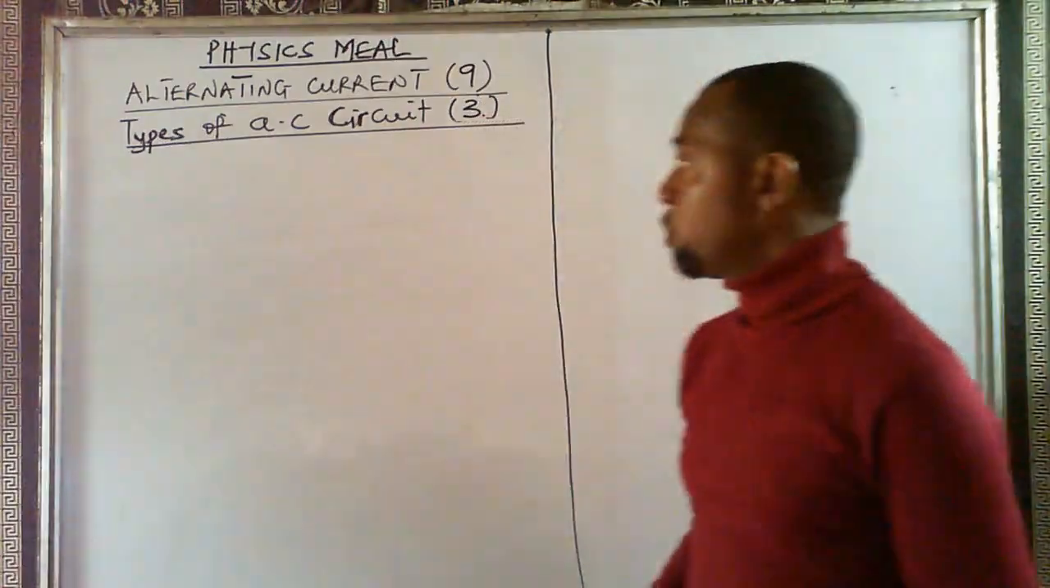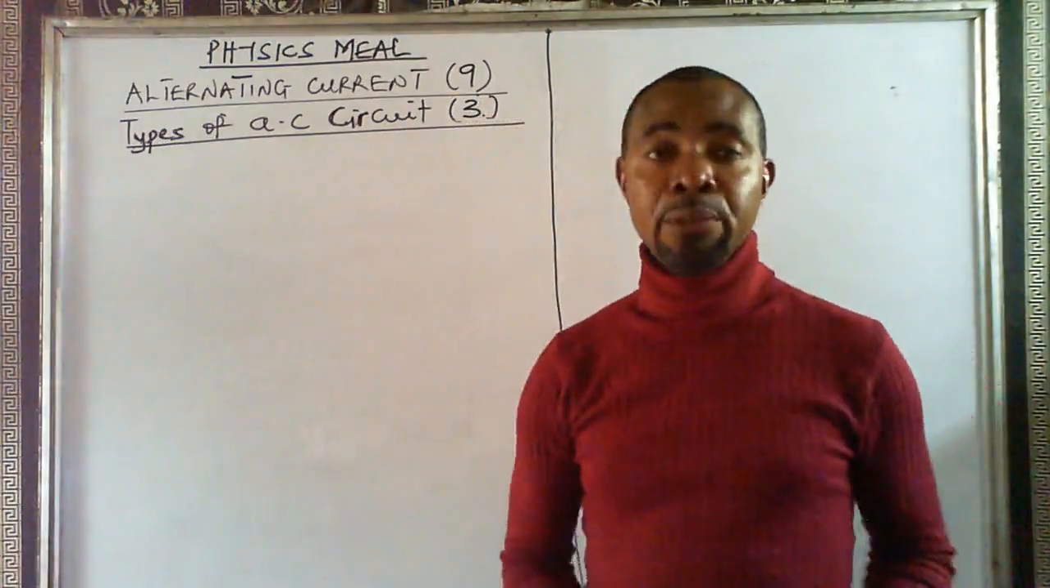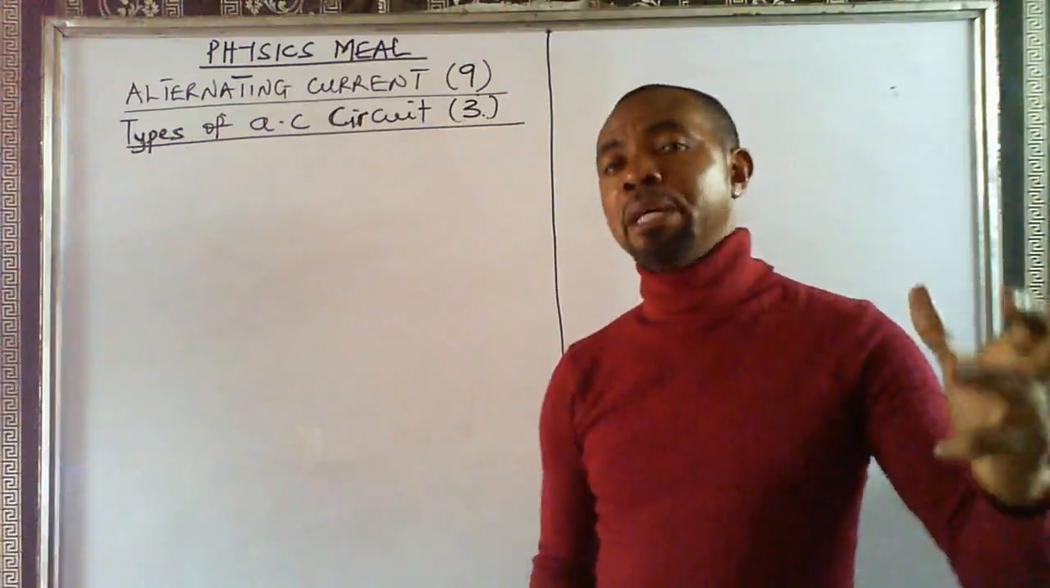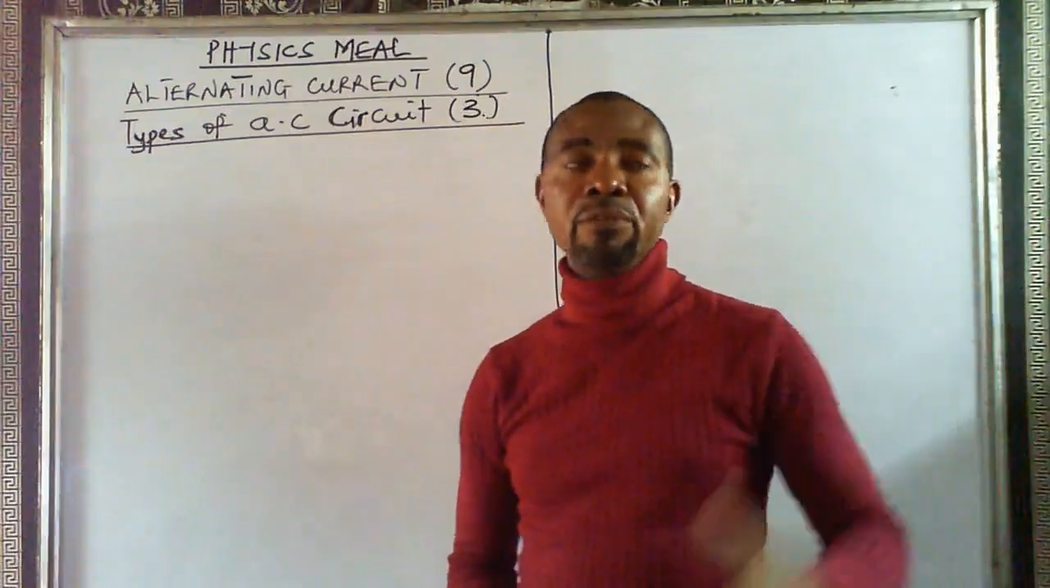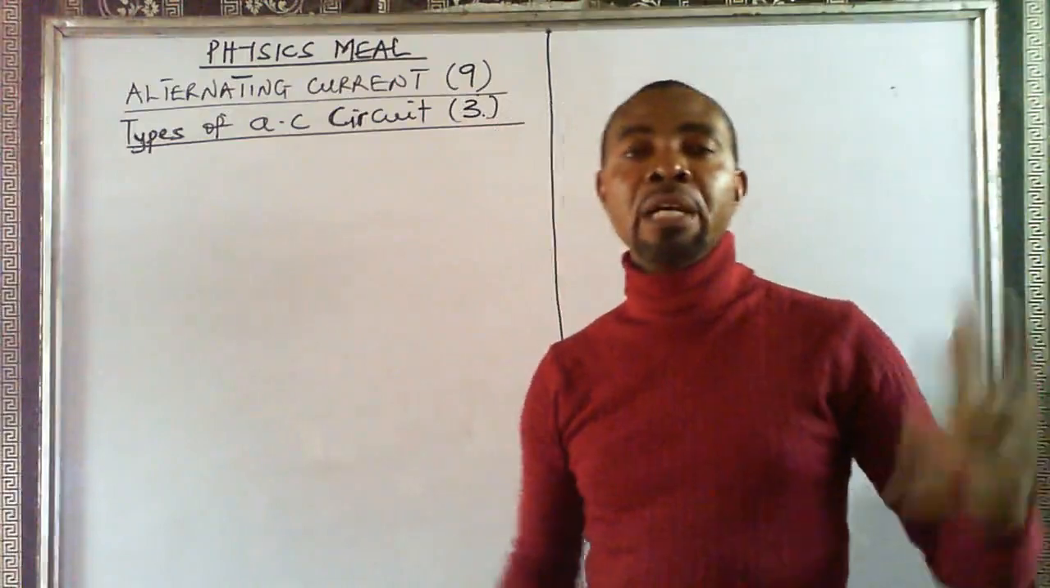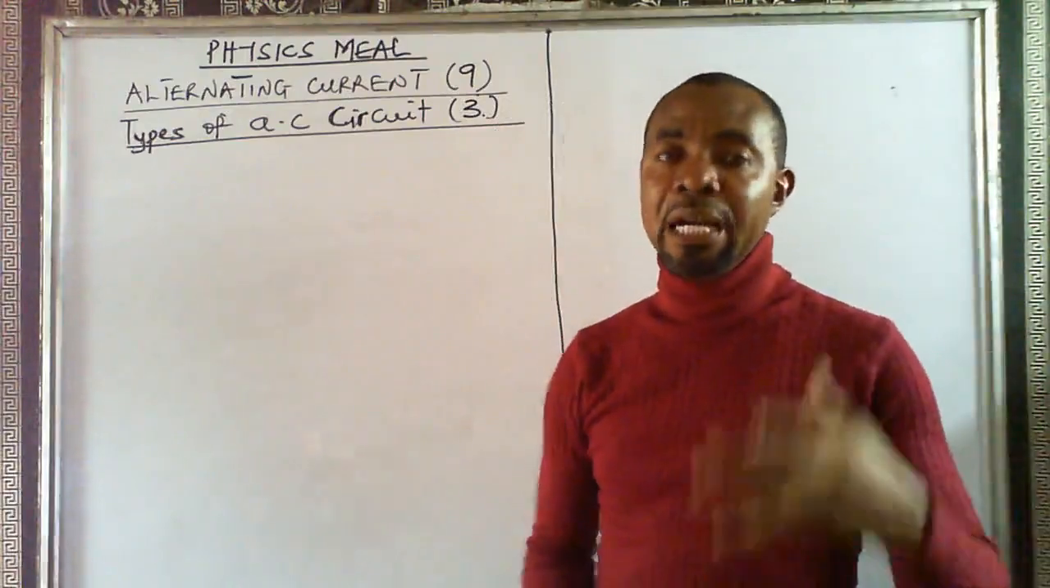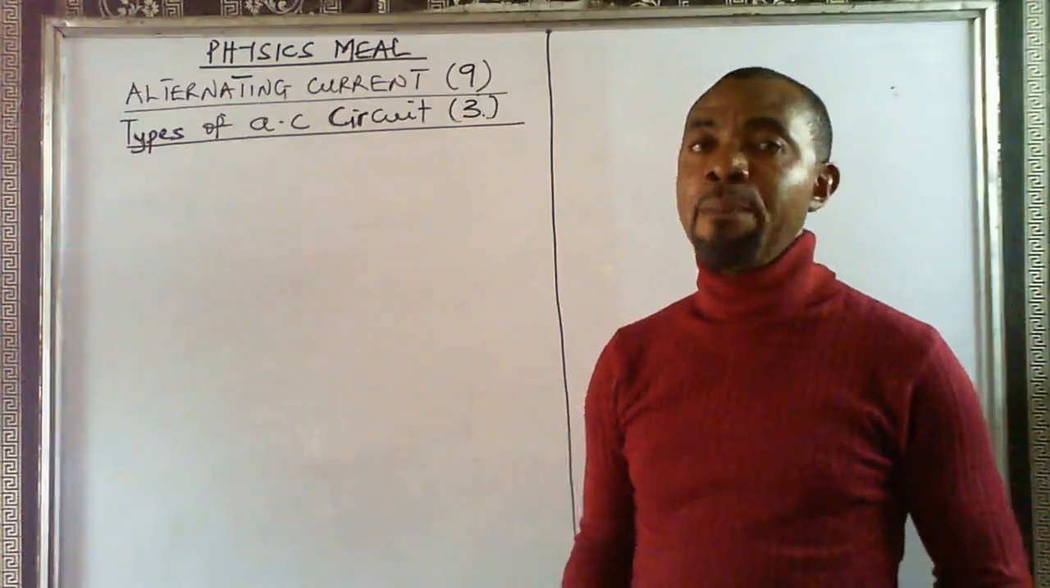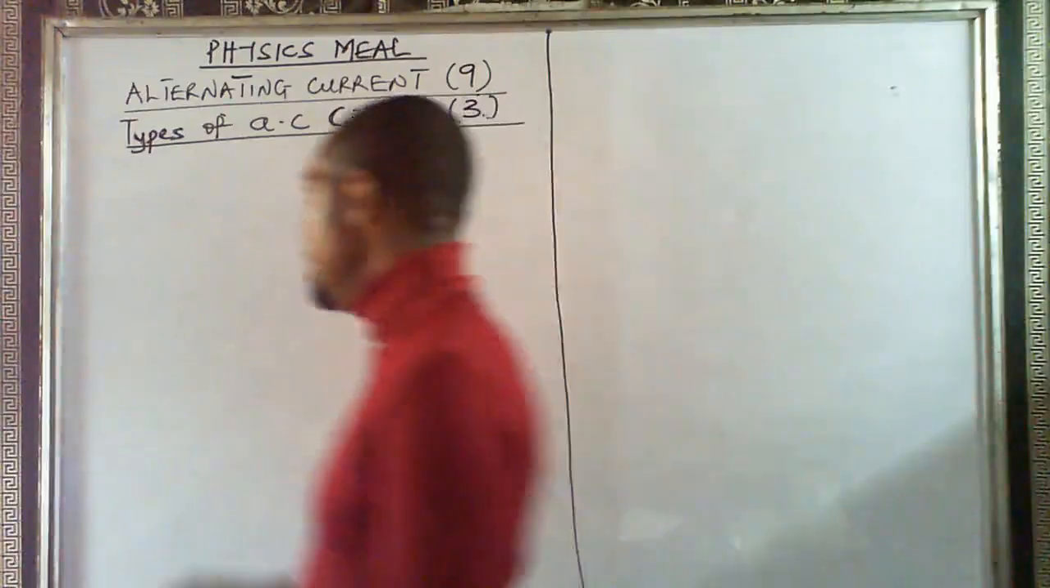Let's move together on types of AC circuit. Remember, we have looked at part 1 where we looked at pure resistive circuit. In part 2, we looked at the pure capacitive circuit. And in this part 3, we are going to look at pure inductive circuit. So, number 3,